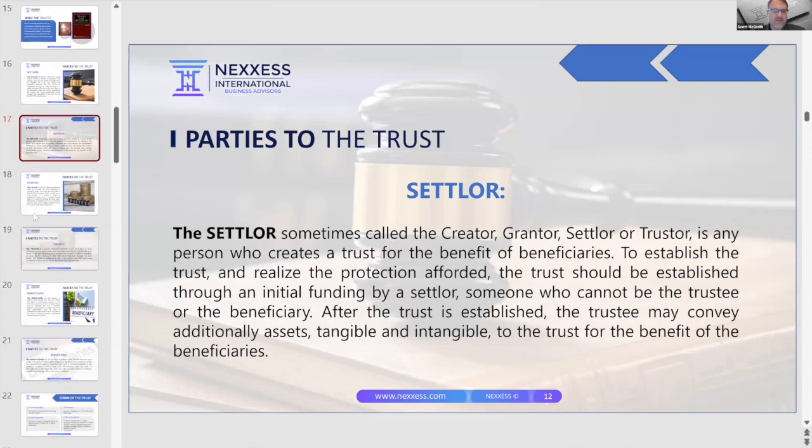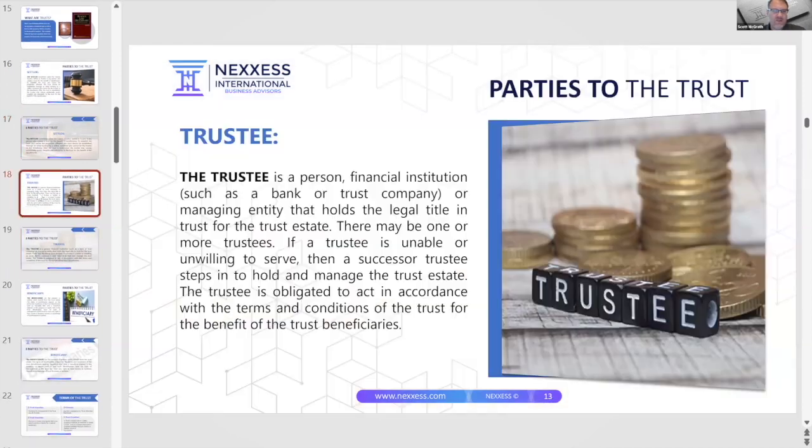All right. So the next person in the trust is called the trustee. The trustee is the person or institution or company or whomever who manages the assets. So I'm going to show you tonight that you definitely want to be the trustee. You don't want someone telling you you can't be the trustee. Why? Because you want to be able to manage your own asset in the trust that you sold to the trust. So let me show you how that works.